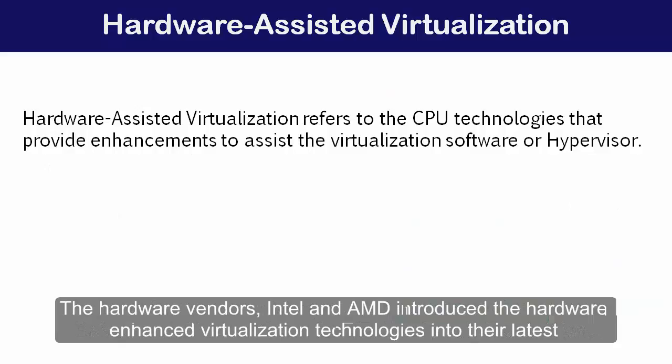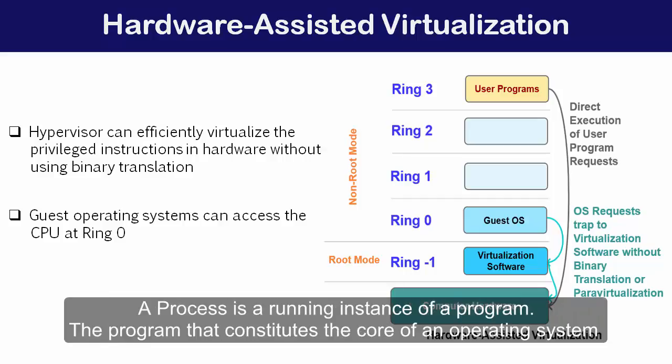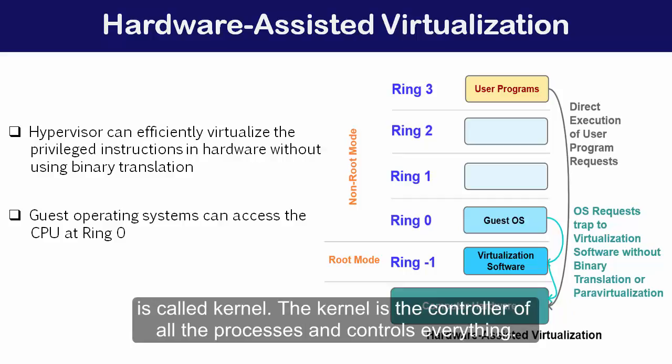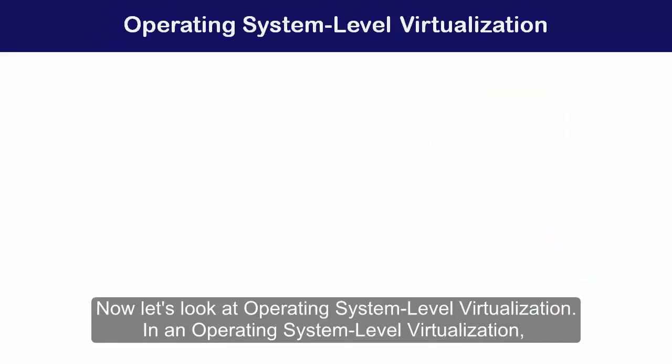Before we talk about operating system level virtualization, it would be helpful if we understand a couple of terms such as process and kernel. A process is a running instance of a program. The program that constitutes the core of an operating system is called the kernel. The kernel is the controller of all the processes and controls everything. Now let's look at operating system level virtualization. In an